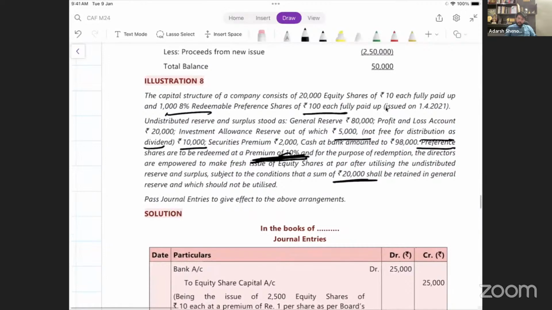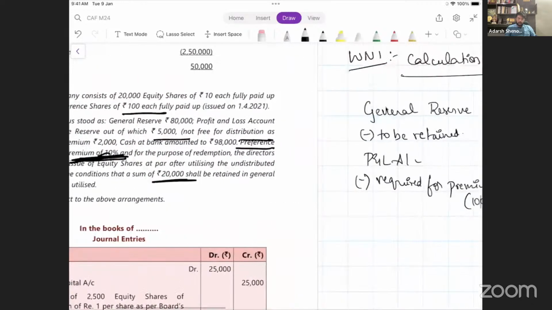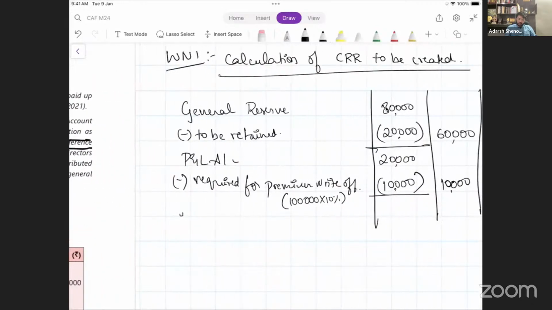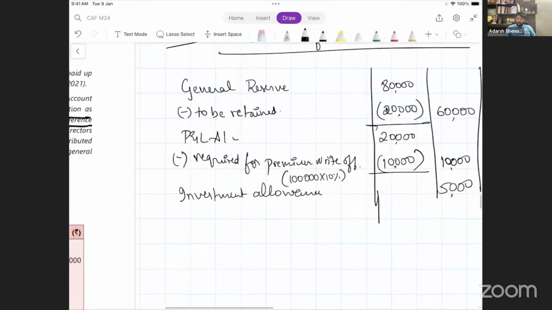Any other free reserve? There is investment allowance reserve, out of which 5,000 is not available, but 5,000 is available. So investment allowance. So directly I'll write in the outer column only 5,000. Therefore, total reserves available for CRR